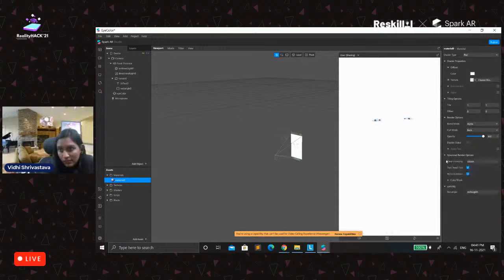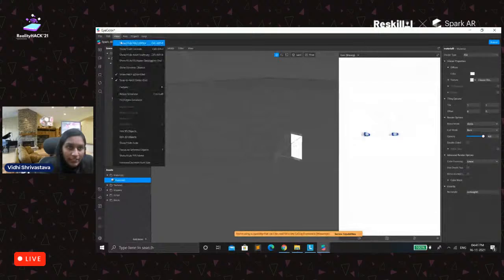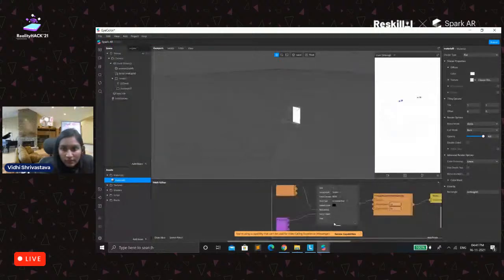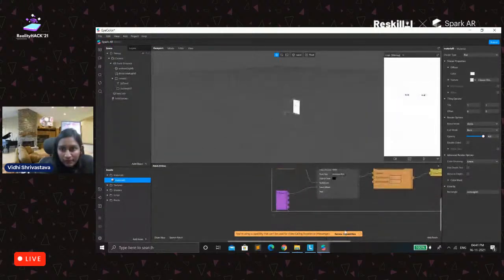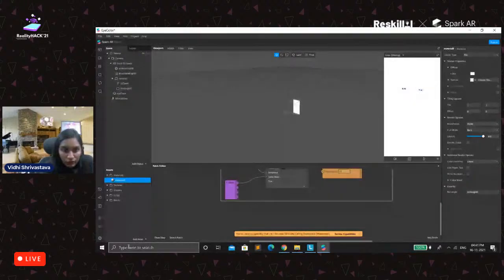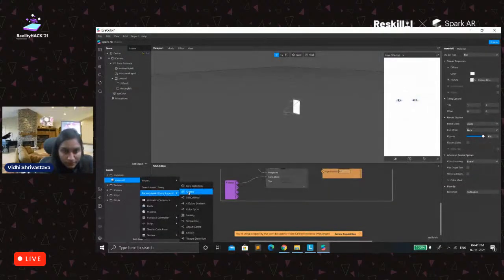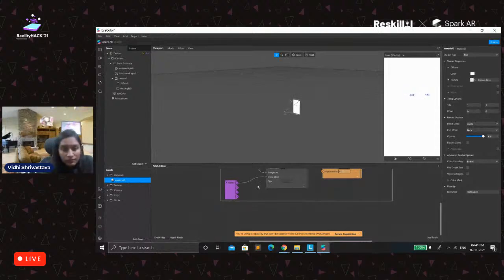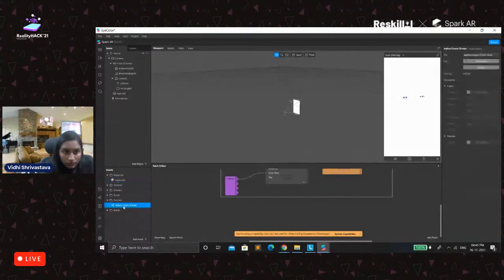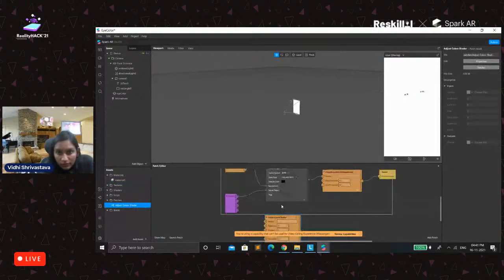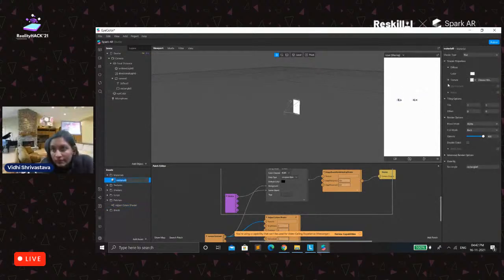Just uncheck both of them, show and hide patch editors, and then just take the camera texture and then extract the material.